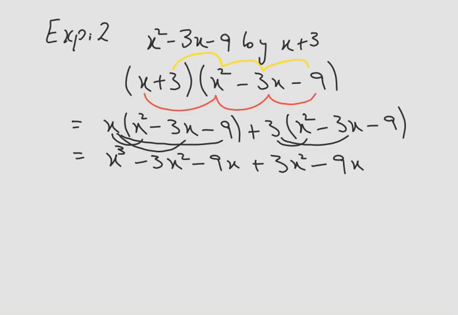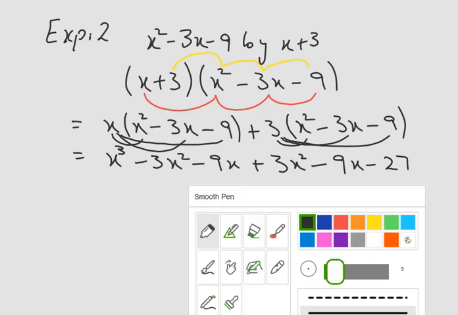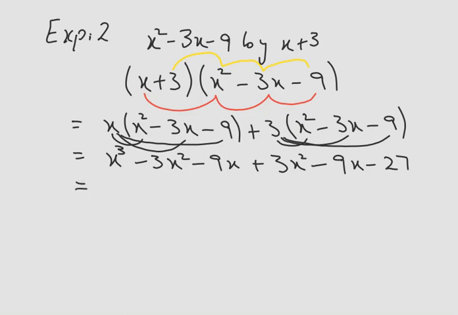And again 3 will be multiplied with the constant, that is minus 9, so we will get 3 9s are 27, and the sign plus into minus is minus, so we will get minus 27. Now we have to arrange it, and we have to look for the same terms. As you can see here, we have only one x cube, no other variable has the power cube, so it will come in its own place.